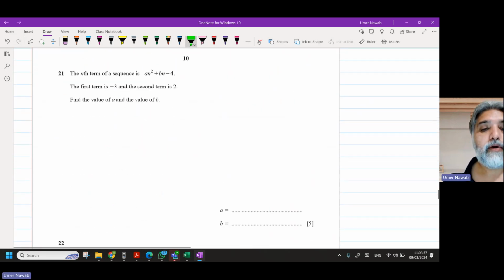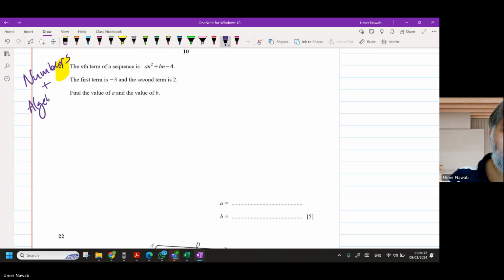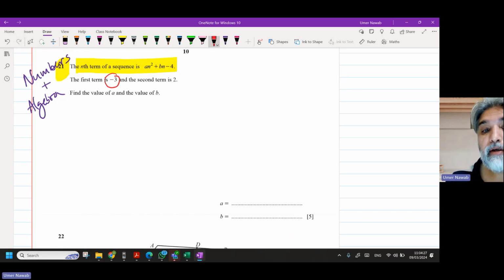Next, question number 21. It looks like, again, the question is given on sequences. So this is numbers plus algebra. The nth term of a sequence is given to you, and the first term is minus 3. So the first term is minus 3. It's not n that is minus 3. No, this total thing